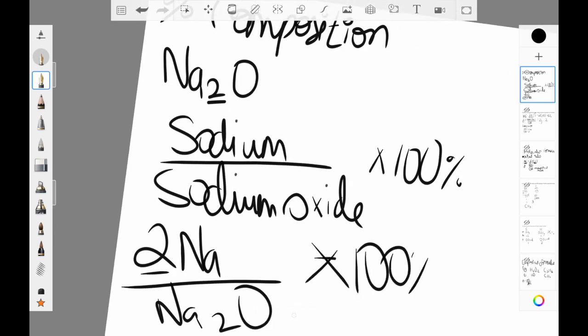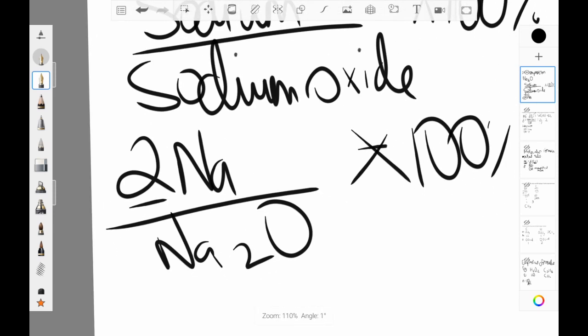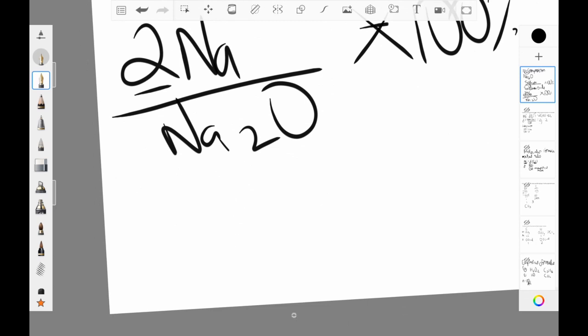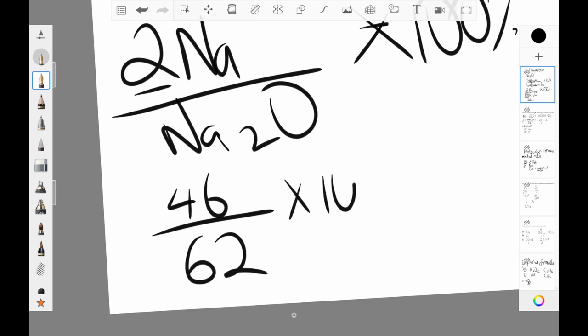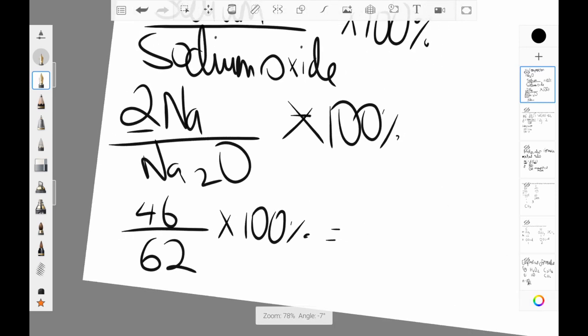And now you basically just use the AR and MR for each of these substances. So 2 times 23, which is the AR for sodium, is 46. And the MR for sodium oxide is 62. Times 100%, you just plug it into your calculator and you end up with a percentage composition of